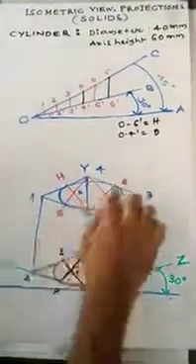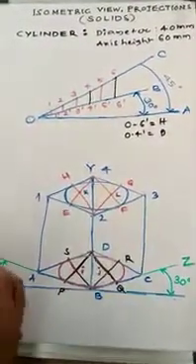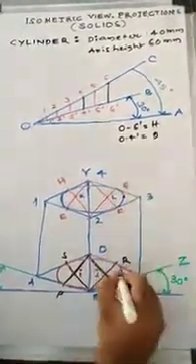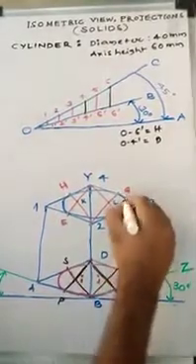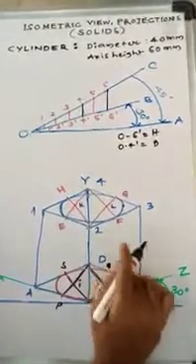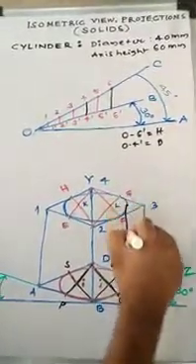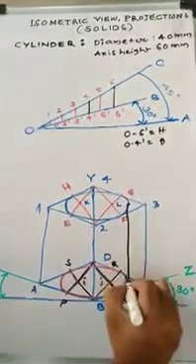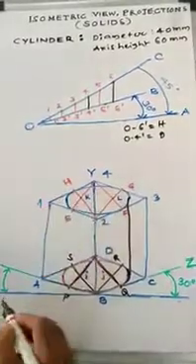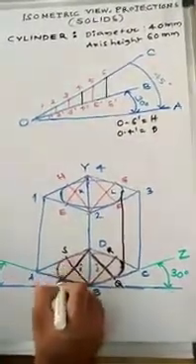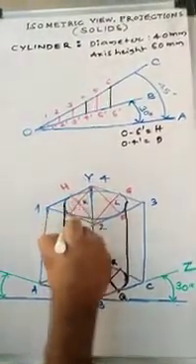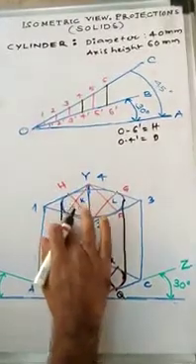Now you have obtained 2 ellipses. Now you can see this, locate this point exactly. So these 2 points are going to be joined with a straight line by using a drafter. This point and this point, exactly the midpoint of this arc. These 2 points are going to be joined by using a drafter.